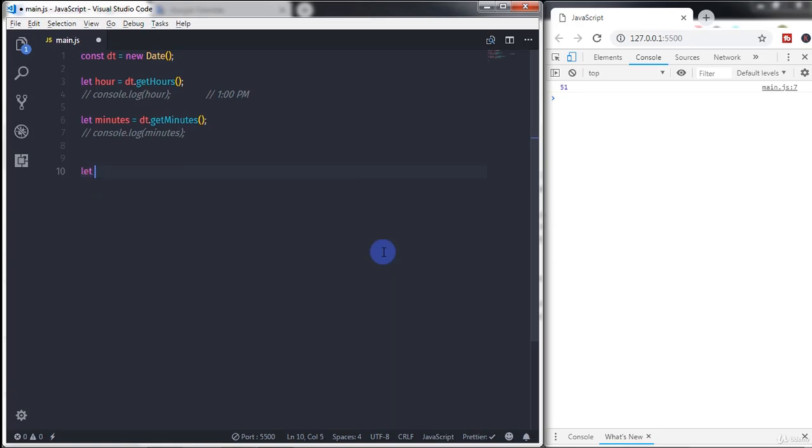So I will just say let prepend. So this is my variable and I will just say hour and specify a condition here. I am using the conditional operator here. So I will say hour is greater than or equal to 12 and specify a question mark here because we are using the conditional operator. So if the hour is greater than or equal to 12 we will return PM or we will return AM,